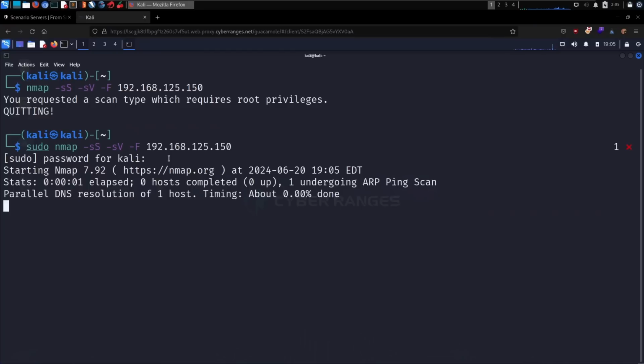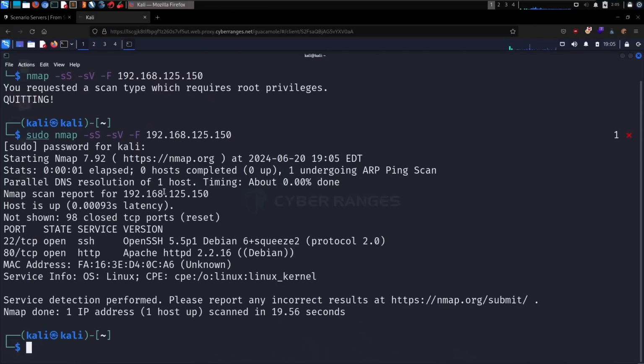All right. So objective here, starting off with your basic port scanning, trying to see what ports are open on the target web server, what services are running on those open ports, and then commencing with our enumeration or information gathering, if you will. So there we are. We can see that this is definitely a Linux server, and we have an SSH port open, running OpenSSH 5.5p1, and we have a web server running on port 80. So no SSL cert. That's Apache HTTPD